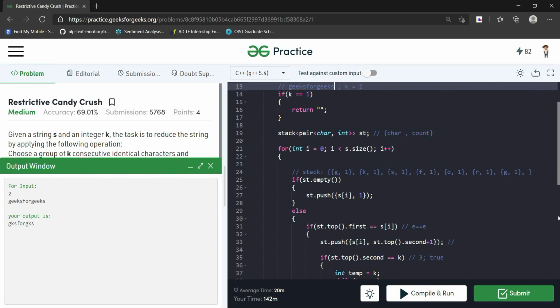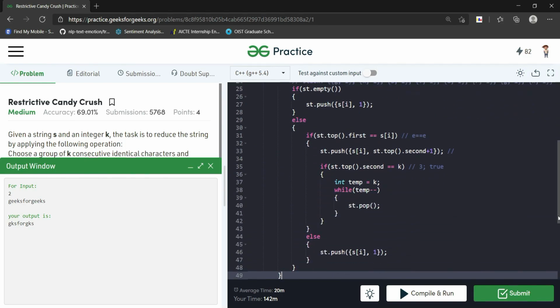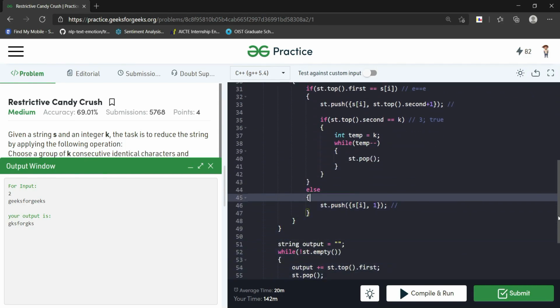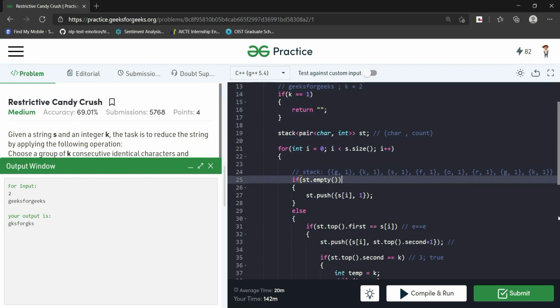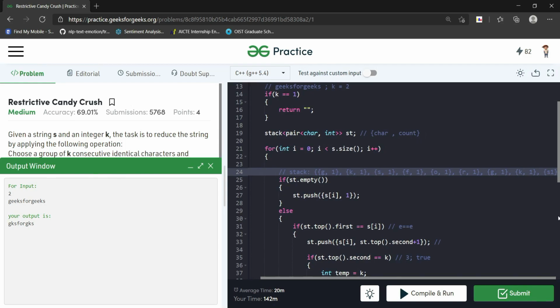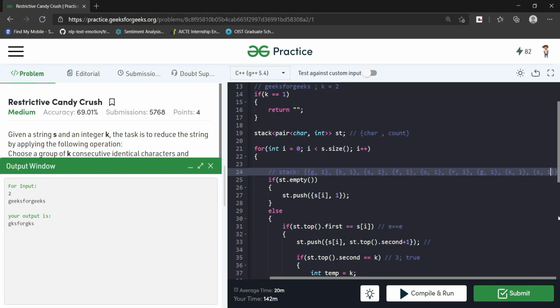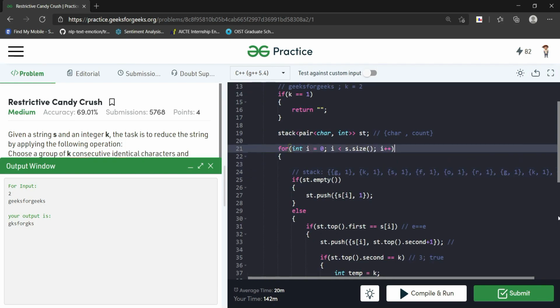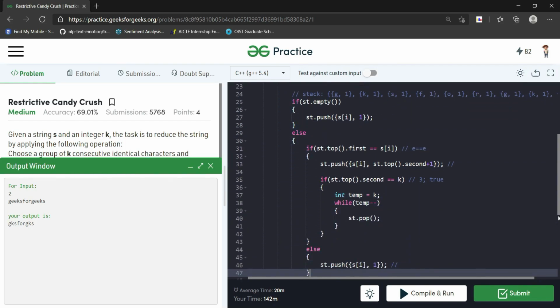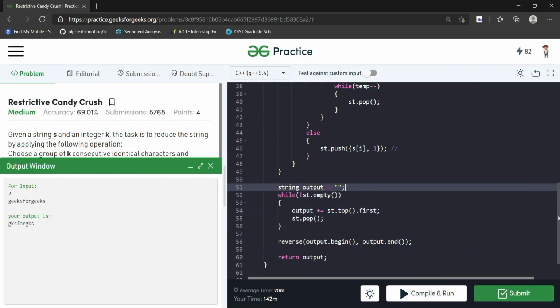Now we come over to k and we see that the top of the stack is G and the stack is not empty, right? So now we push k comma 1 to the stack by coming over to this part, right? Now we came over to S, the last element, and we see that the stack is not empty and the same thing is happening again. Now I think our stack is complete and the array has been traversed. Now this part has been completed. Now we come over to this part. The output string has been created.